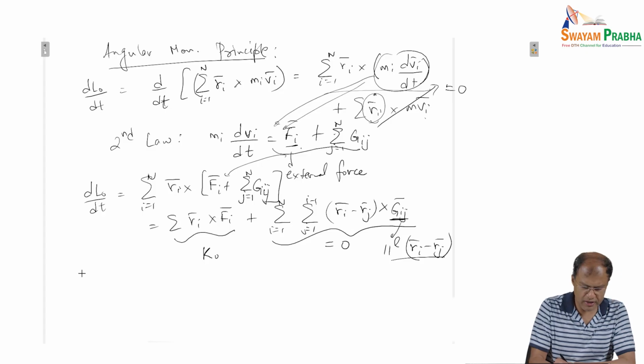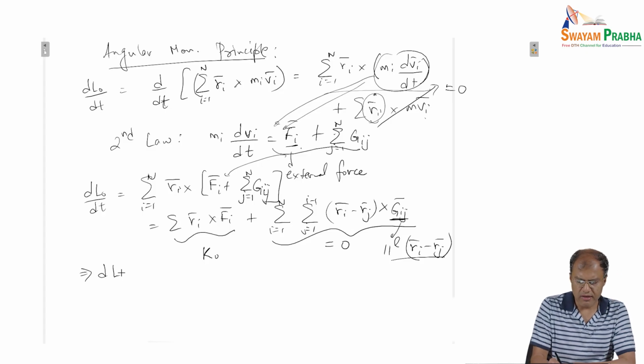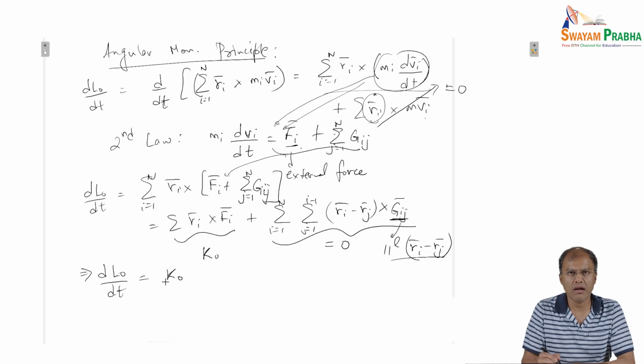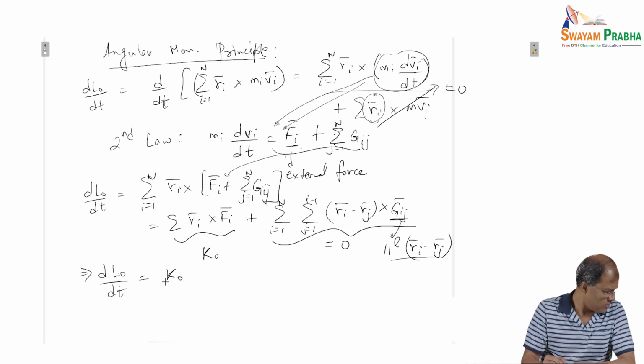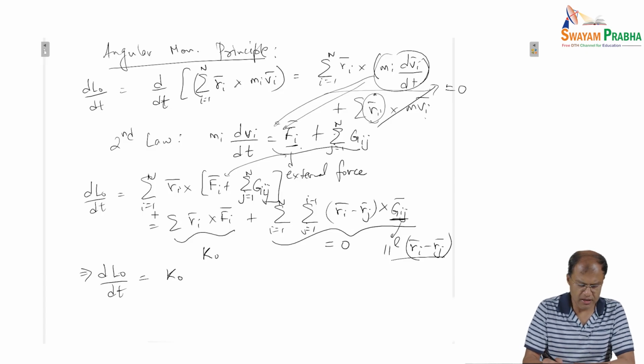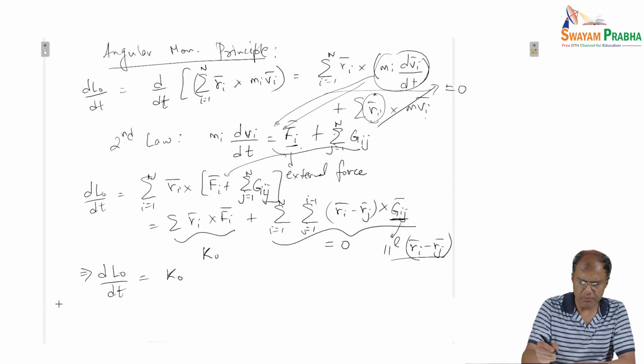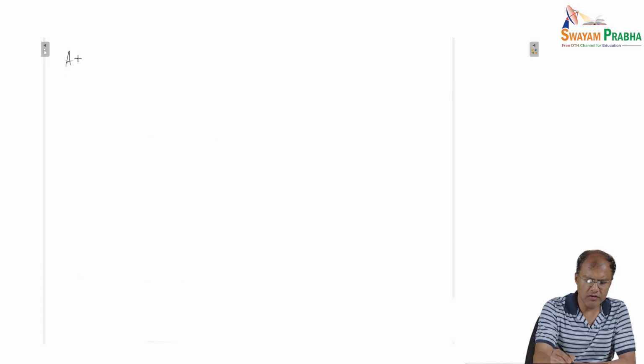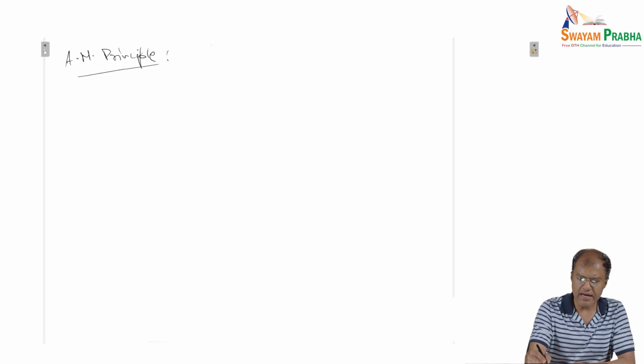So what we get from this exercise is dL0/dt is the total moment due to the external forces Fi. This entire exercise can be written in a single statement, which is the angular momentum principle. What it says is that in any motion